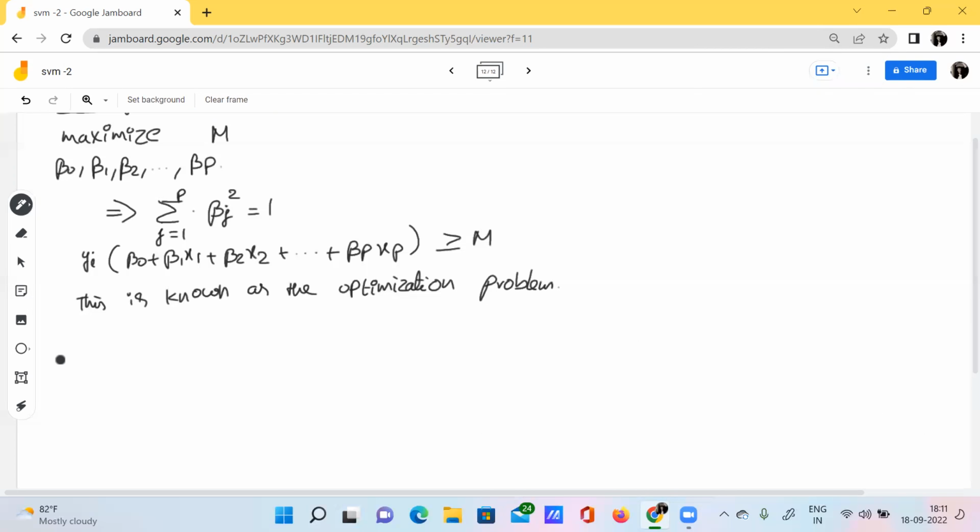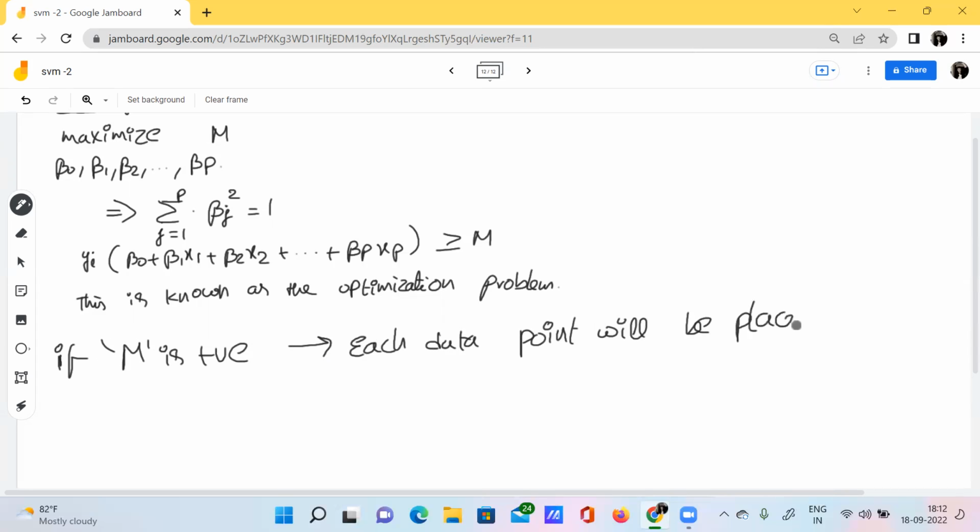If capital M is positive, then each data point will be placed on the correct side of the hyperplane.